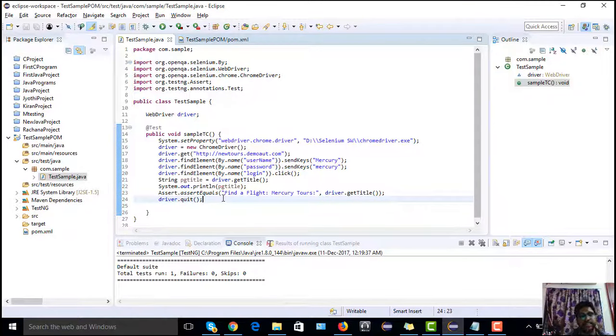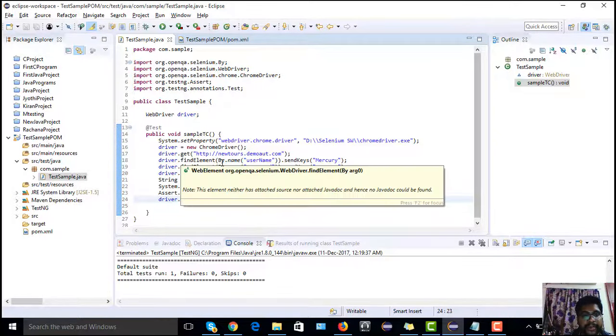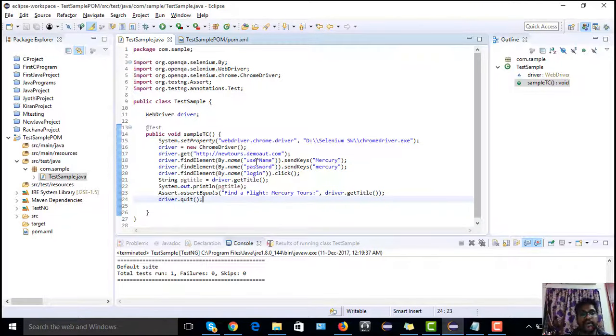So this is the traditional way we use it in our Selenium coding. Now we are going to move to another pattern called page object model. So what is the advantage of moving to page object model? There are many advantages. One of them is that you have driver dot findElement by name username. Let's say you have 100 test cases, and in 30 of them you are using this username property.